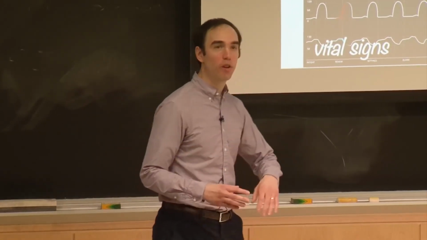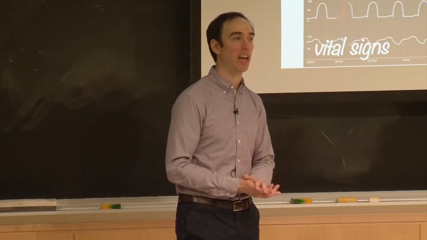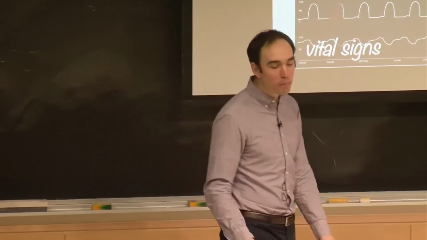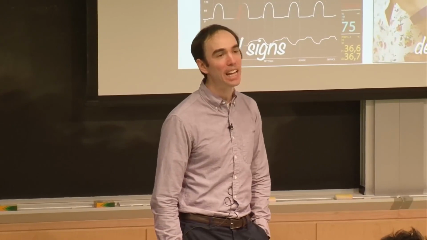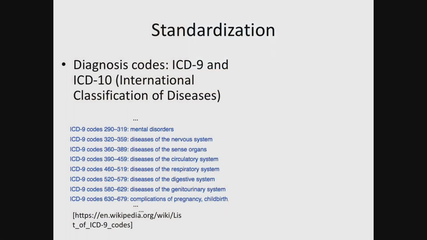So this whole theme right now is about what's changed since the previous approaches at AI medicine. I've just talked about data, but data alone is not nearly enough. The other major change is that there's been decades worth of work on standardizing health data. So for example, when you go to a doctor's office and they send a bill, that bill is associated with a diagnosis, and that diagnosis is coded in a system called ICD-9 or ICD-10, which is a standardized system where for many, not all, but many diseases, there is a corresponding code associated with it.